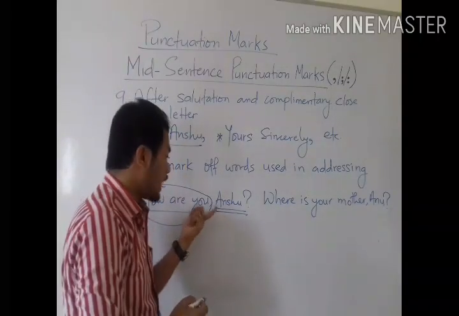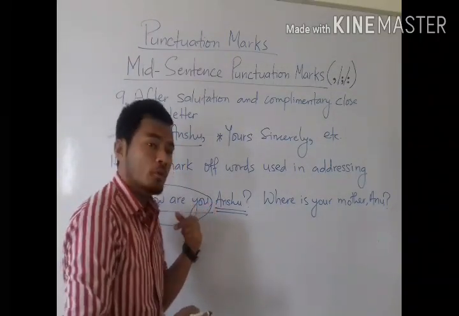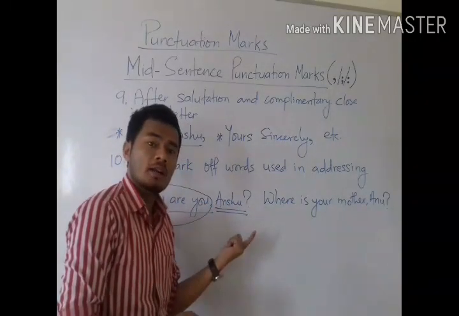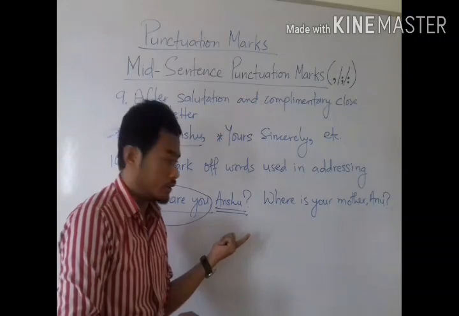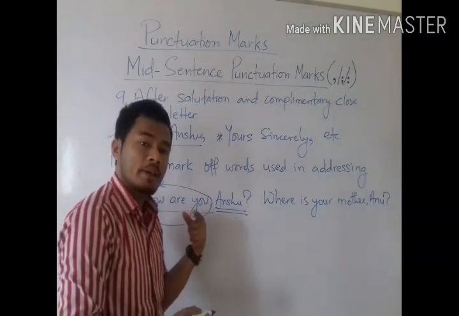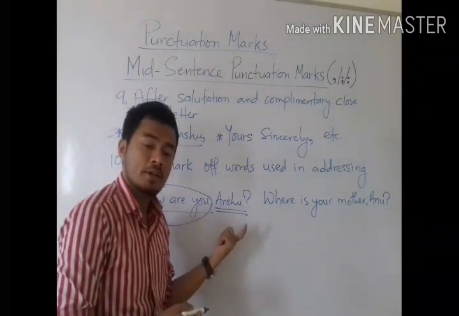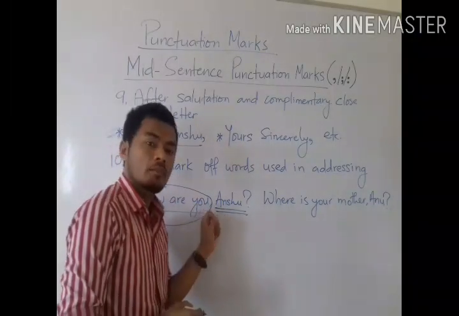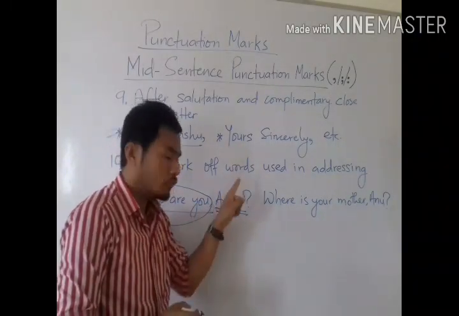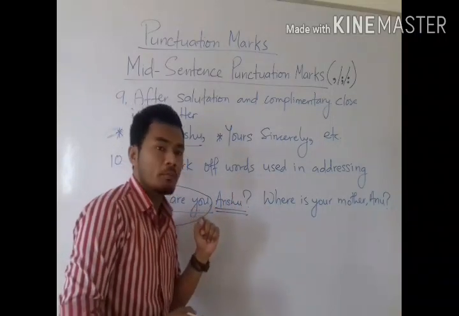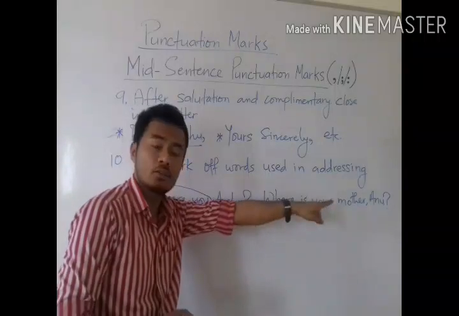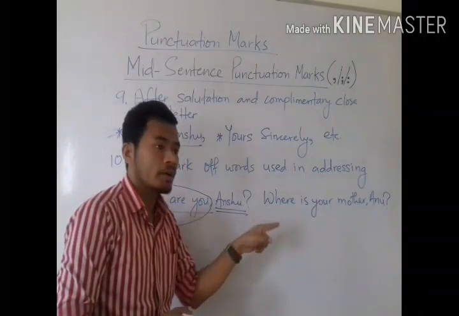Don't put question mark after how are you. But you have to put question mark after the name of the person whom you are addressing or asking this question. But we have to separate that question and this addressing person with comma. Like, how are you? Comma, Ansu, full stop. Like, where is your mother? This is the complete question, but you are addressing this question to Anu. So, where is your mother?